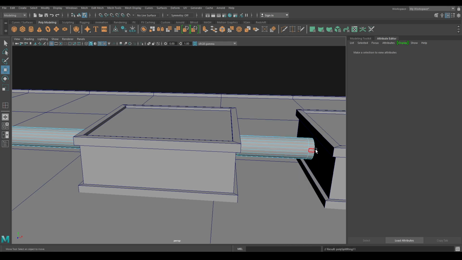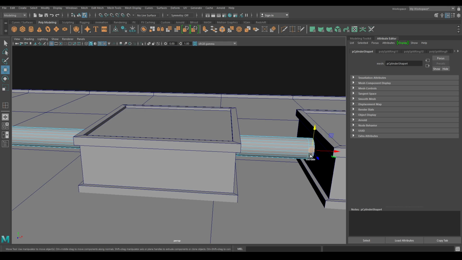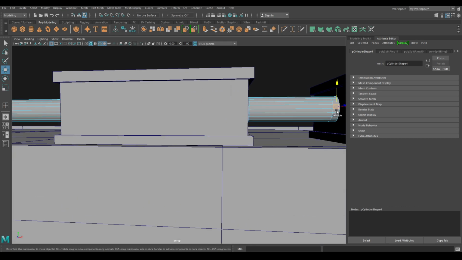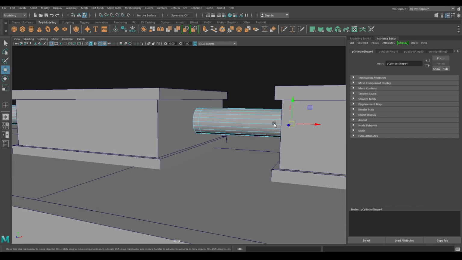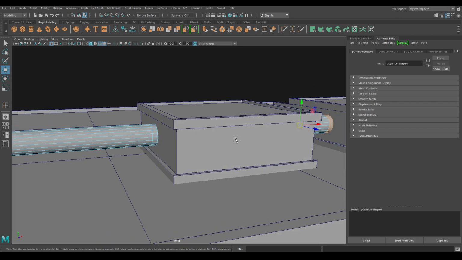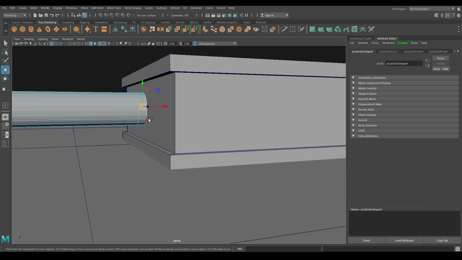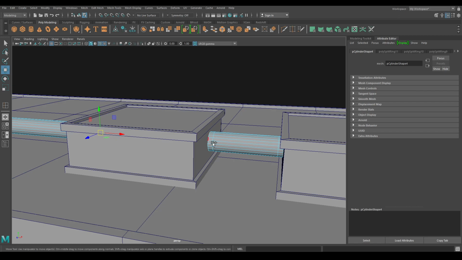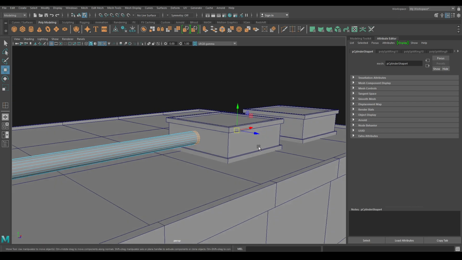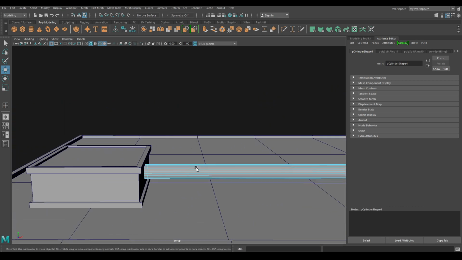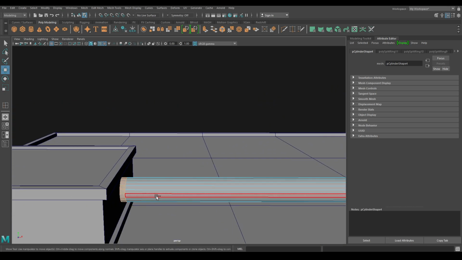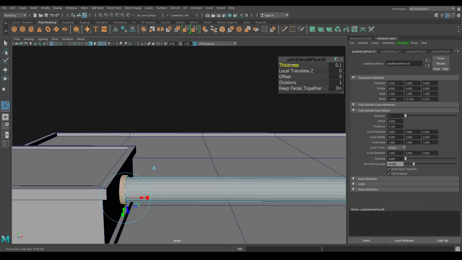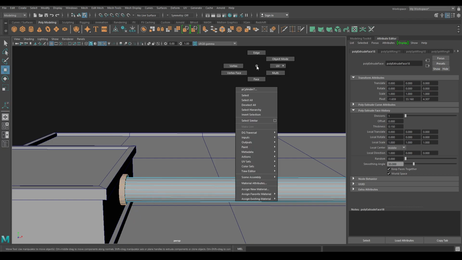Now go to face mode and select these faces. Press Ctrl E to extrude, add some thickness to 0.15.